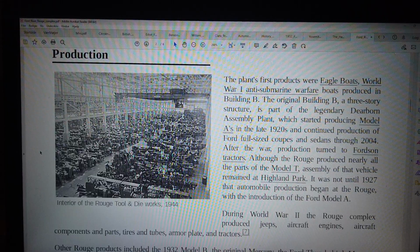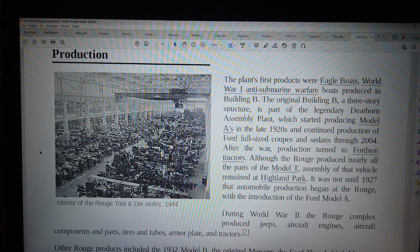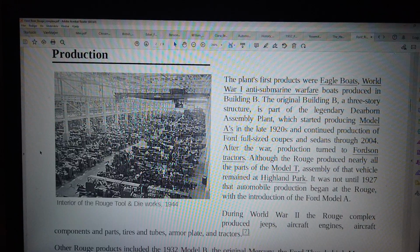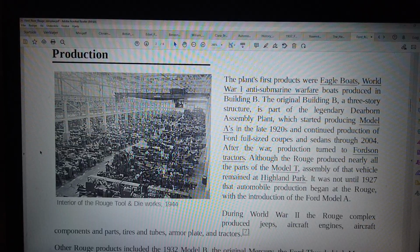Although the Rouge produced nearly all parts of the Model T, assembly of that vehicle remained at Highland Park. It was not until 1927 that automobile production began at the Rouge with the introduction of the Ford Model A. During World War II, the Rouge complex produced jeeps, aircraft engines, aircraft components and parts, tires and tubes, armor plate,